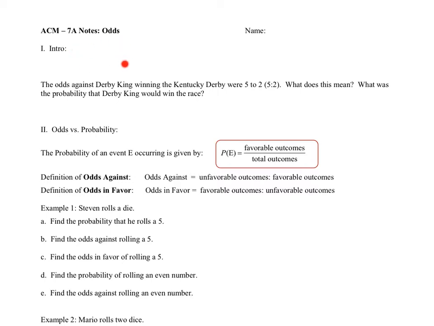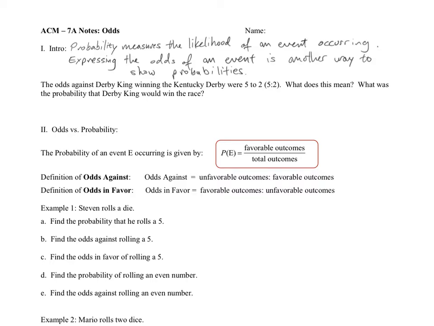Alright, so I'm going to write an intro here. Probability measures the likelihood of an event occurring. Talked about that in the last lesson. But expressing the odds of an event happening is another way to show probabilities. For an introduction to this idea, we will look at this statement: the odds against Derby King winning the Kentucky